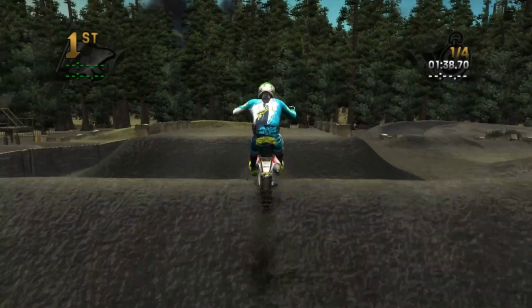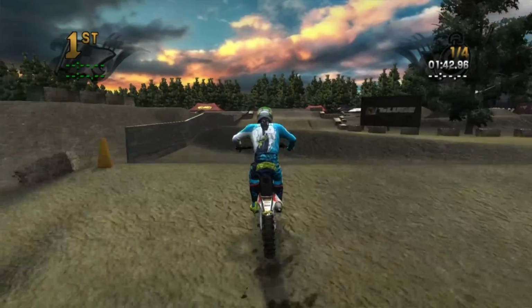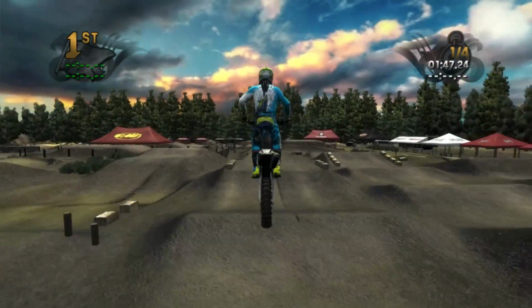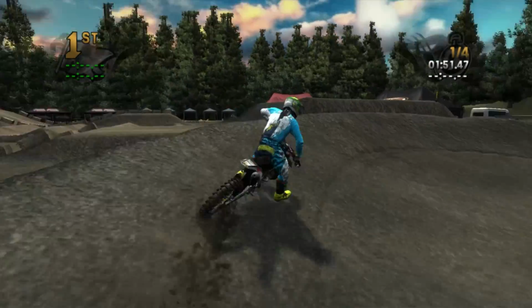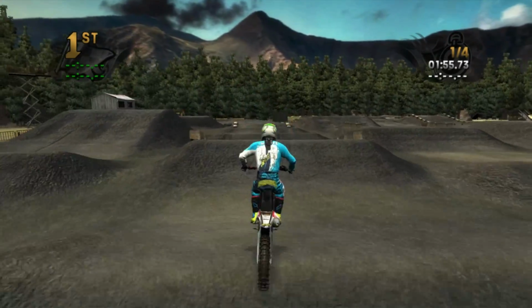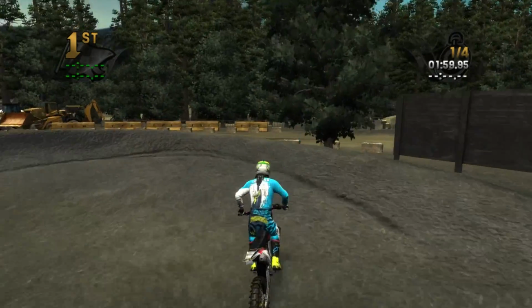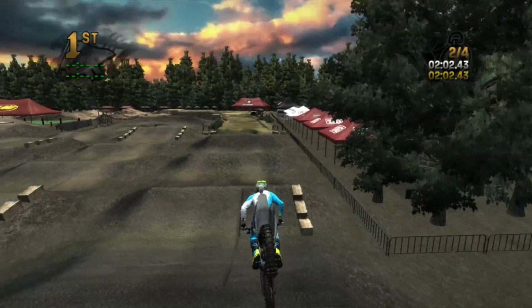Now, I'm not too big of a fan of sand tracks. I don't know why. I like to be able to just ride the track really well and not have to drag any in the corners or anything like that. But some people like sand, some people don't. That's just how it is. On the other hand, I'm not too big of a fan of it. But